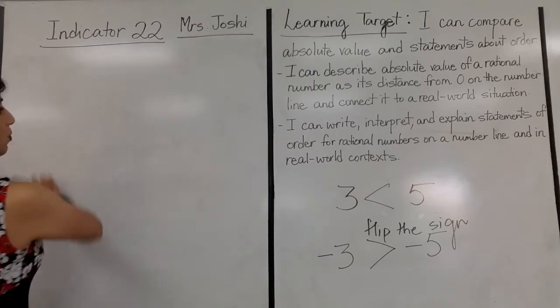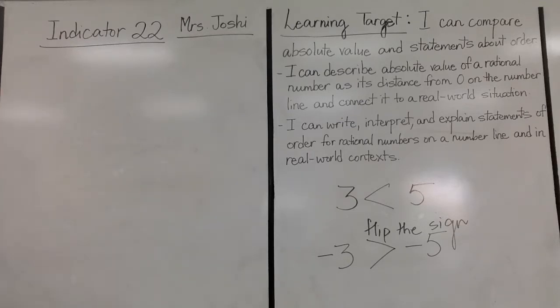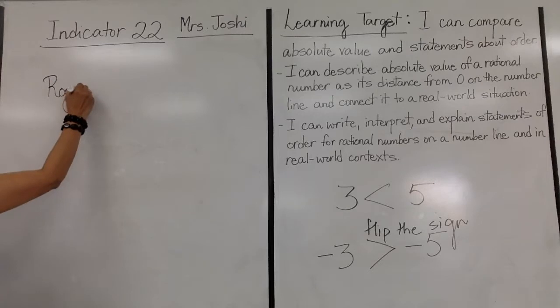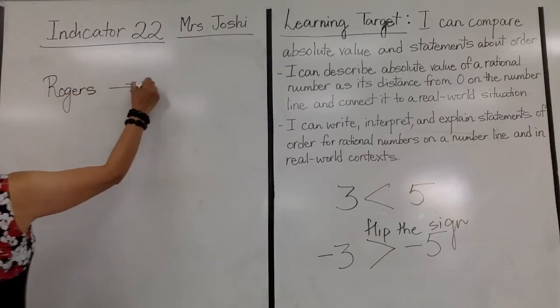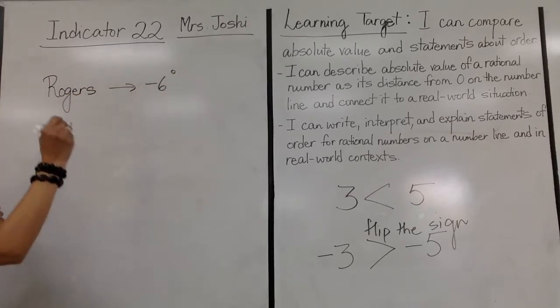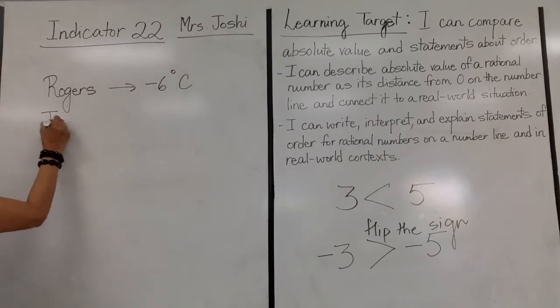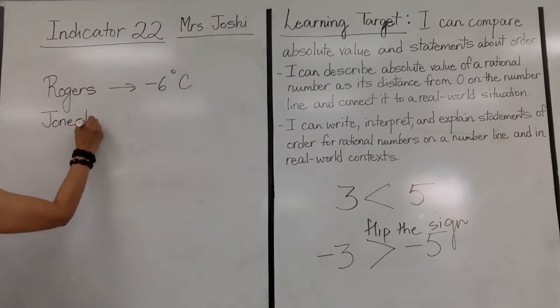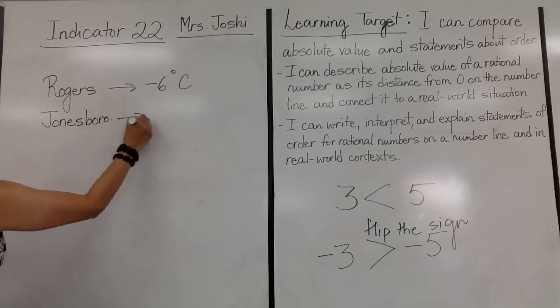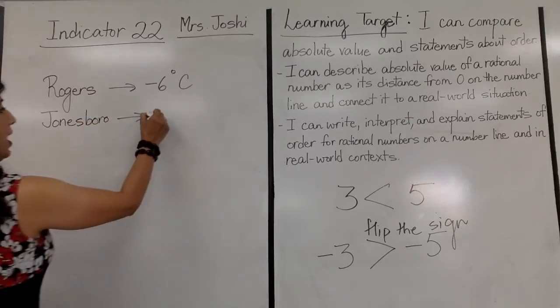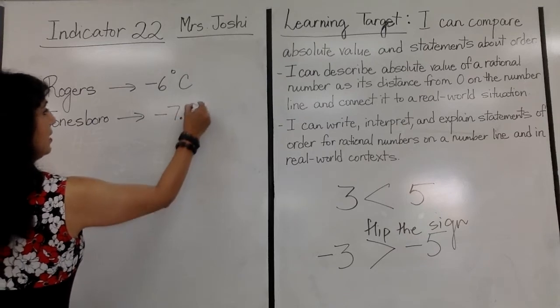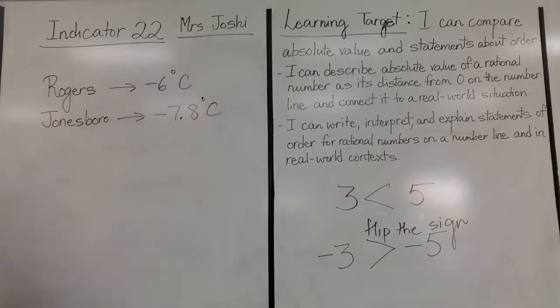So in Arkansas, the cities are, let's say, Rogers, which is -6 degrees Celsius. We have Jonesboro, the temperature is going to be -7 and 8/10 degrees Celsius. Little Rock